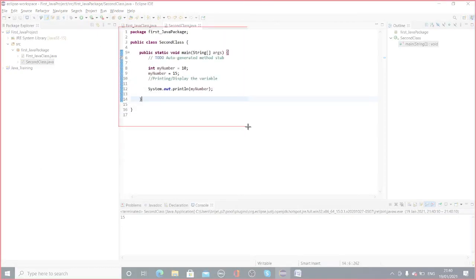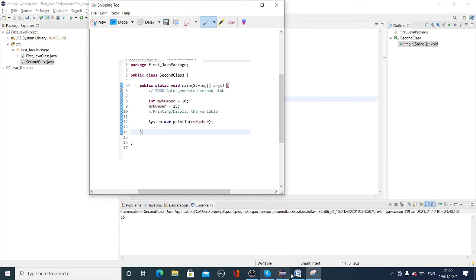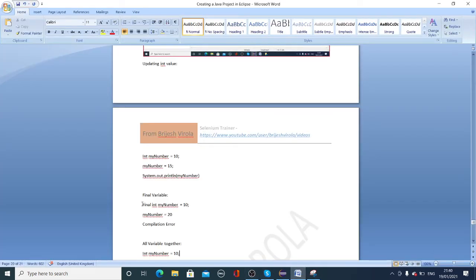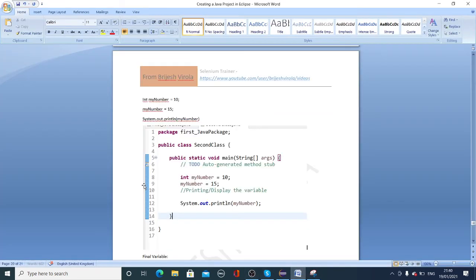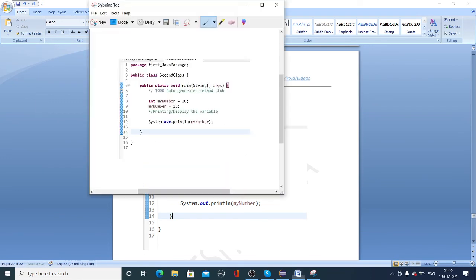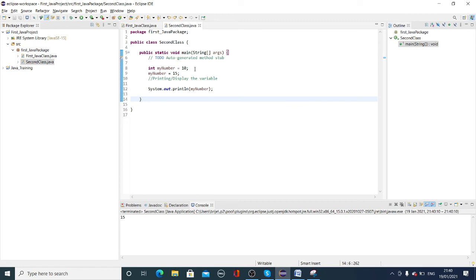So how did we do that? We declared this as 10. Then we have another one, myNumber equal to 15. Initially we declared that variable as 10, but using the same myNumber variable, I overwrote it. I defined another value, and that's why it is printing the new value.